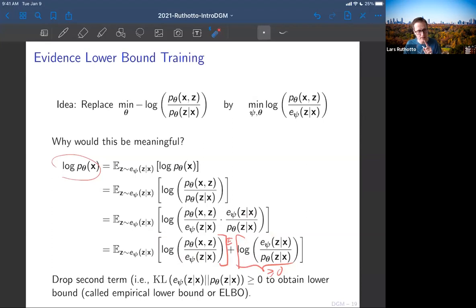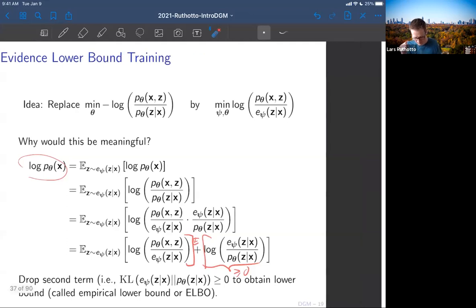So anyway, that's the justification for doing this replacement. Take the intractable guy, replace it with a neural network, or with a distribution parameterized by a neural network, or more generally, don't limit yourself to neural networks, a variational inference model. Anything that transforms a distribution or parameterizes a distribution can go in here. Okay, so that's called the ELBO, evidence lower bound training.